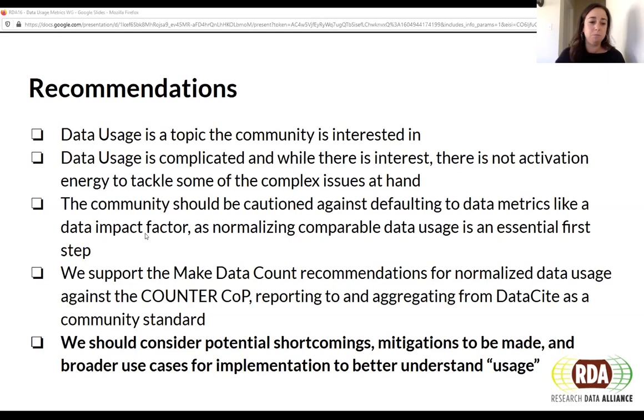And so I show that last one as a preface to say, knowing that, how do folks feel about the MDC standard?